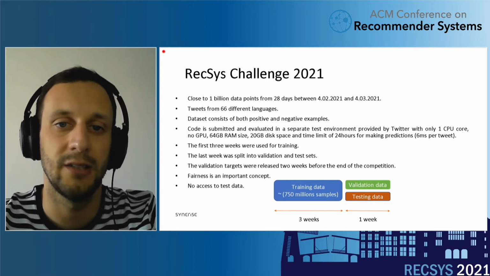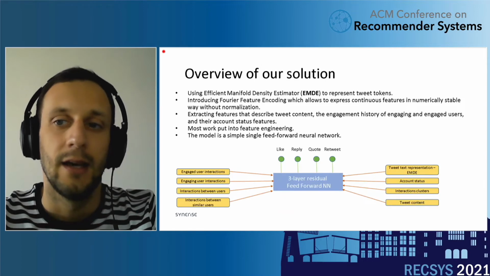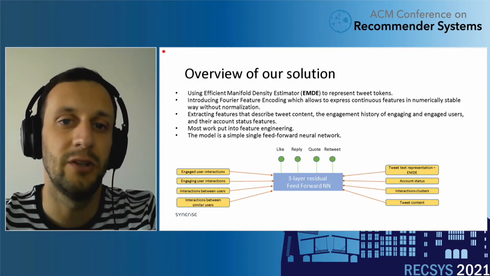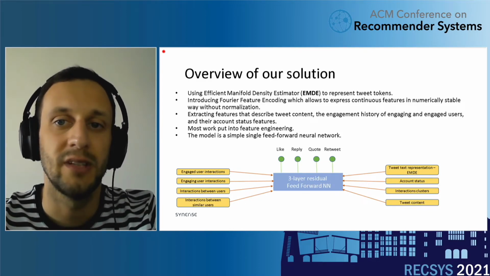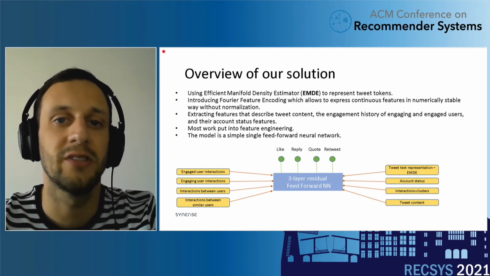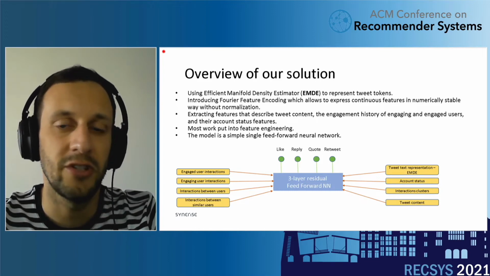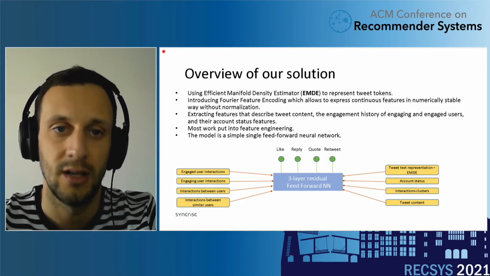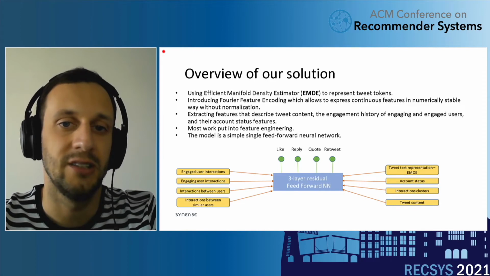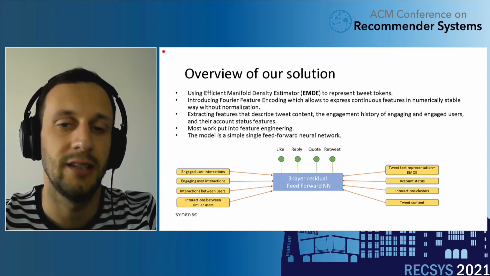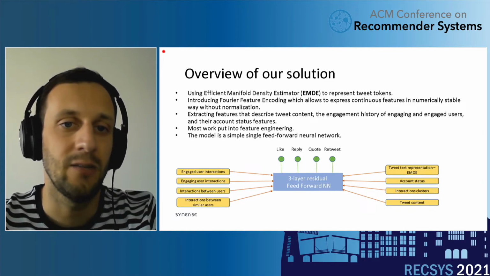Finally, we didn't have access to test data, so we didn't know the user and tweet IDs in the test set. The first step of our approach is to obtain a tweet text representation by fine-tuning a BERT model on tweets and using MD to represent text as a sketch, which is a compressed fixed-size representation of the tweet meaning. In addition, we introduced the Fourier feature encoding, which allows us to express continuous features in a numerically stable way without normalization. We also extract features that describe tweet content, the engagement history of engaged and engaging users, and the account status features. And the underlying model is a simple,